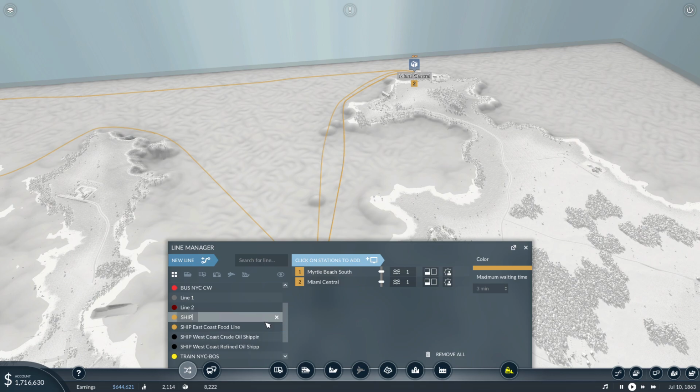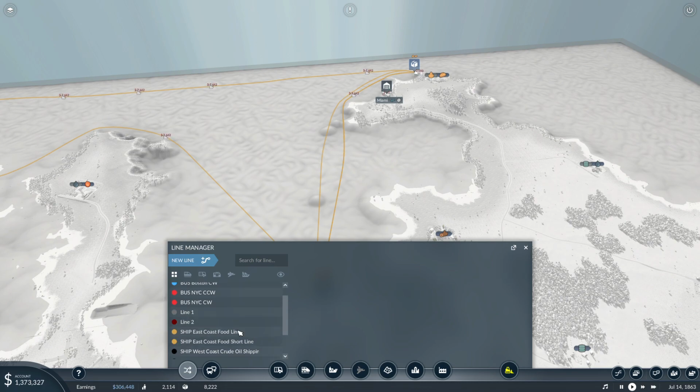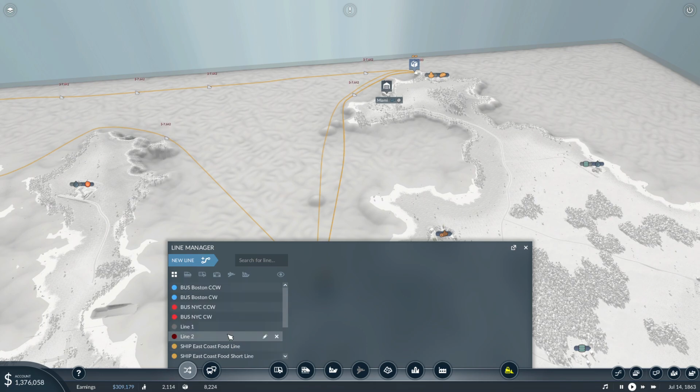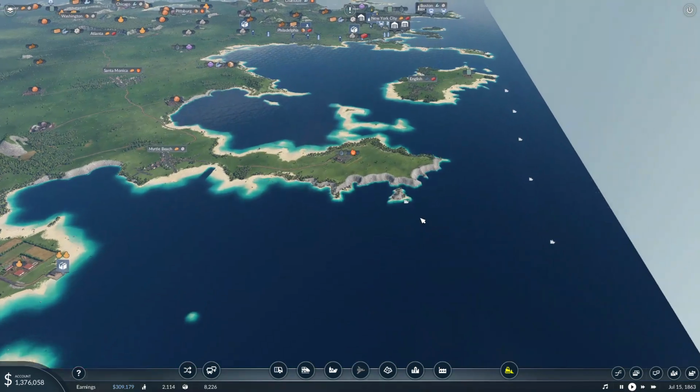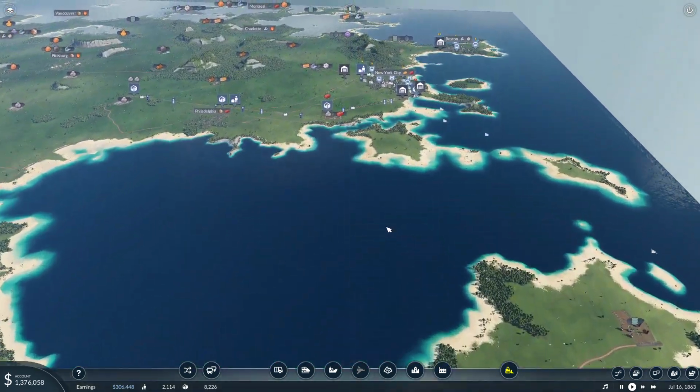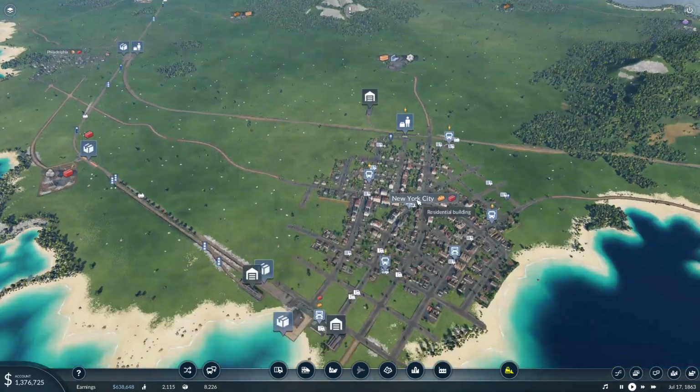We'll call it ship East Coast Food Short Line. Now I'll tell you, my conventions for naming are not that good, because some of them exist, some of them don't exist. Some lines we don't name until years later. There's no real rule, it's just, if I want to, I'll do it. And I think,